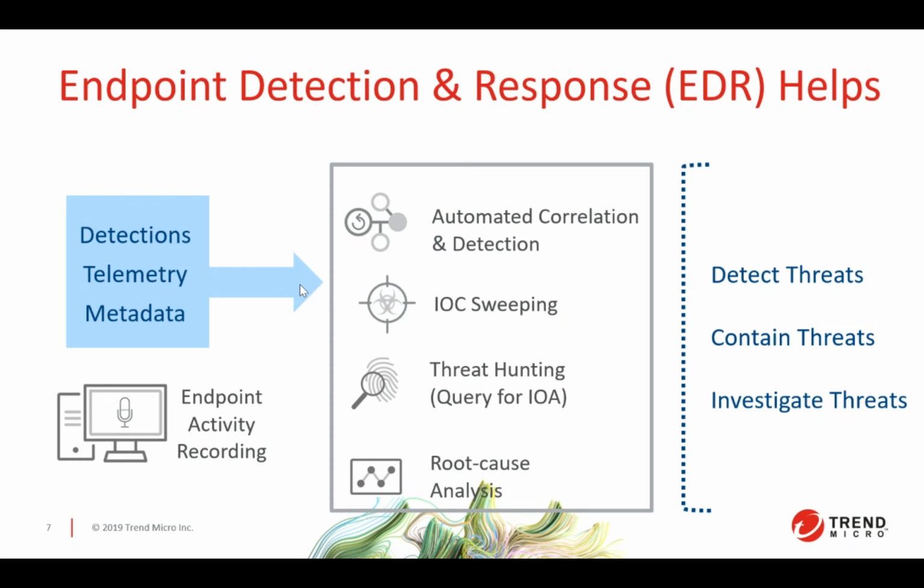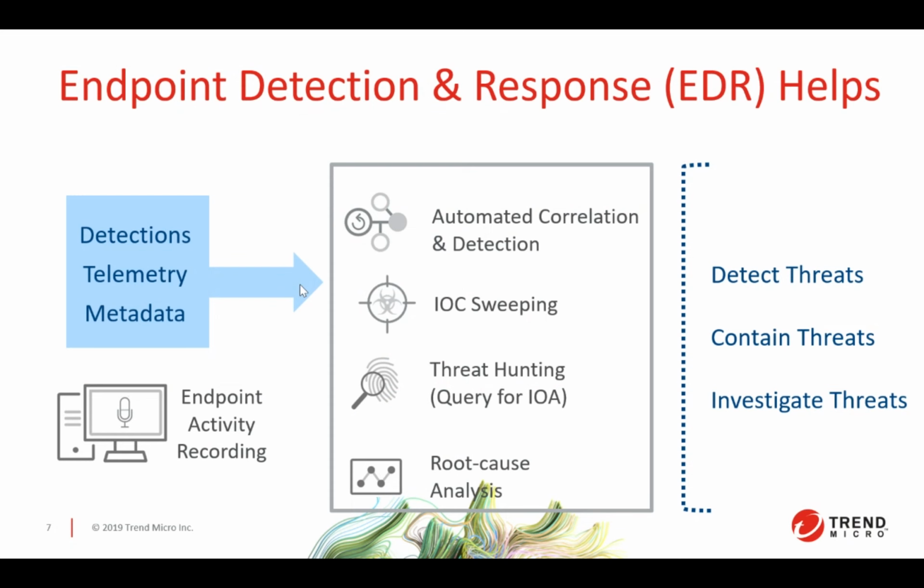And so it can just get rid of that false positive or anything. Then we can focus only on the threats which are very dangerous and very critical to the enterprise. So this is how automated correlation and detection is happening with the Trend Micro EDR, and most of the solutions you may have here, there is no automated correlation and detection. So this will be the challenge for enterprise SOC team.